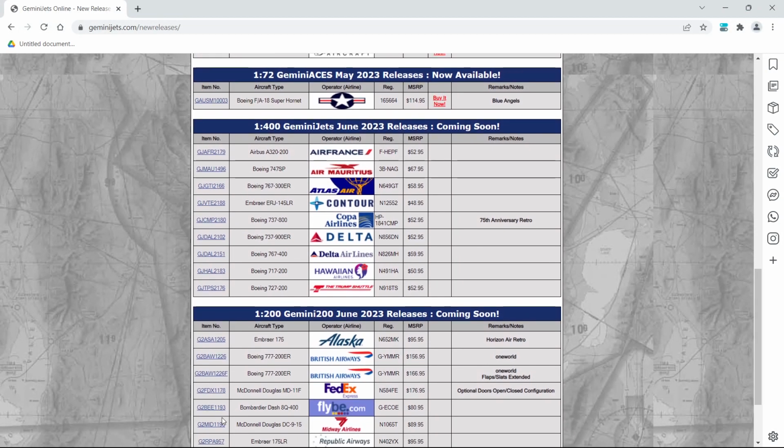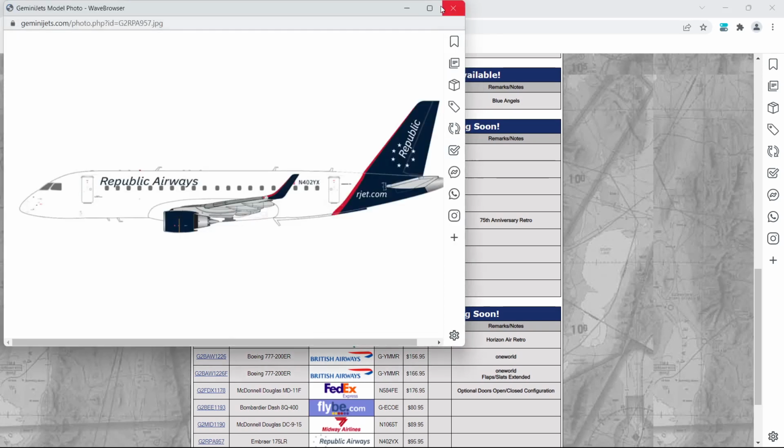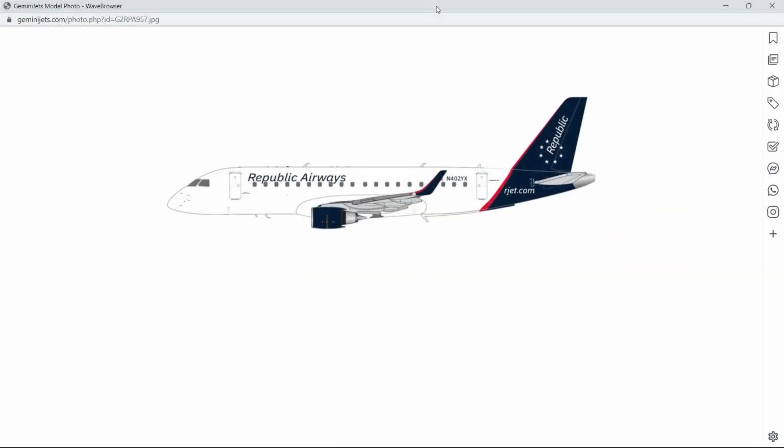We got the Republic Airways E175 LR in 1 to 200 scale. This was released in 1 to 400 scale last month. Have one on the way. Should be here in about 2 to 3 days. So expect to see that probably in Burbank. I should have it here by then. So expect to see it in Burbank, and if not, expect to see it in